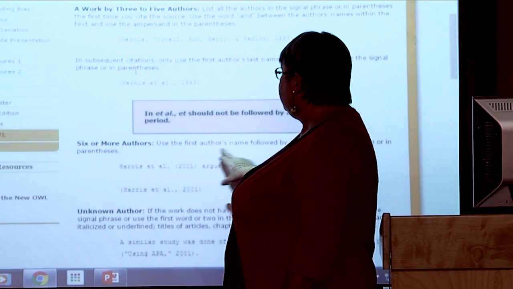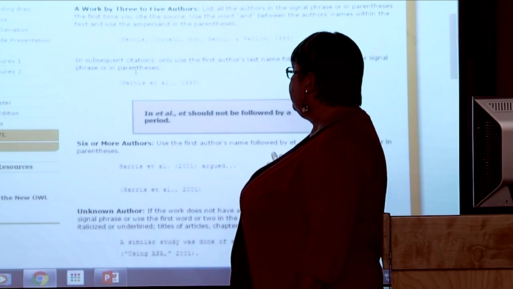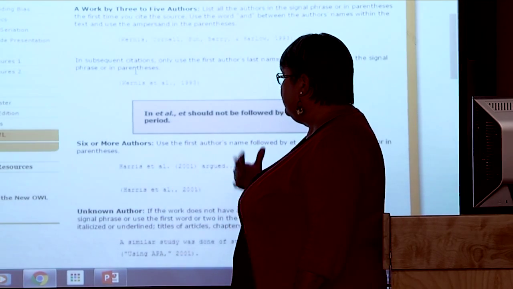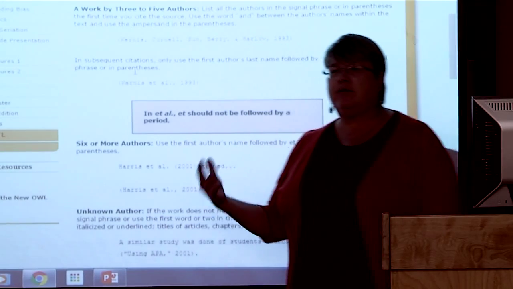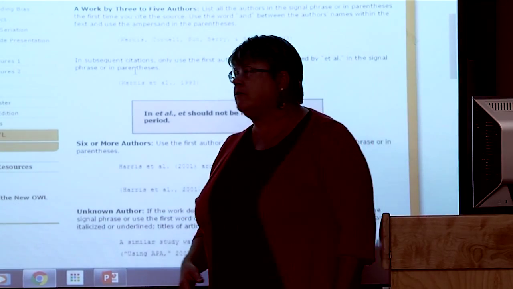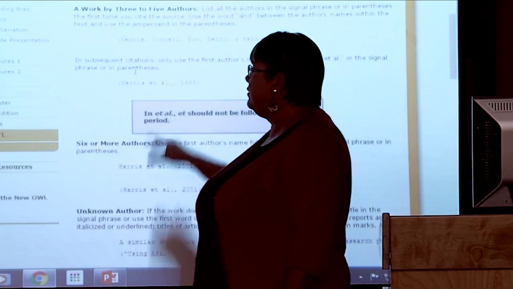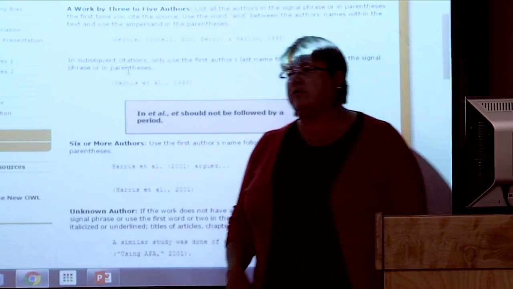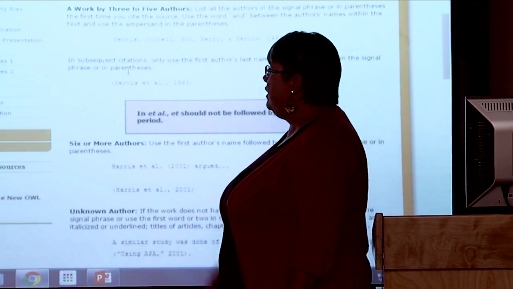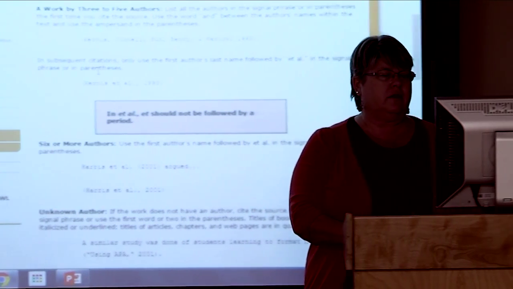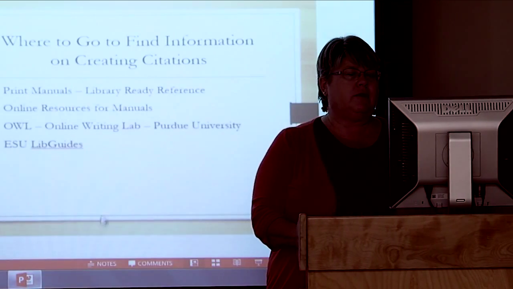And then it says 6 or more authors, you use the first name followed by et al. So when you get to 6 or more authors, you don't have to do any of that. It provides more. So all of this is really good resources that you can use to look up this information. All right, let me jump back here.